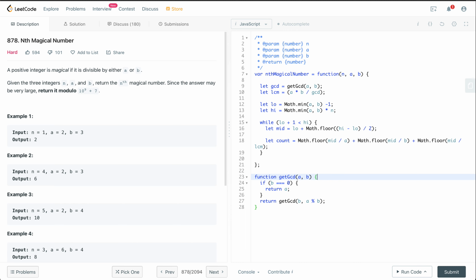Maybe we could have another video where we can only find out the value of GCD. But for now, I think this should be sufficient.